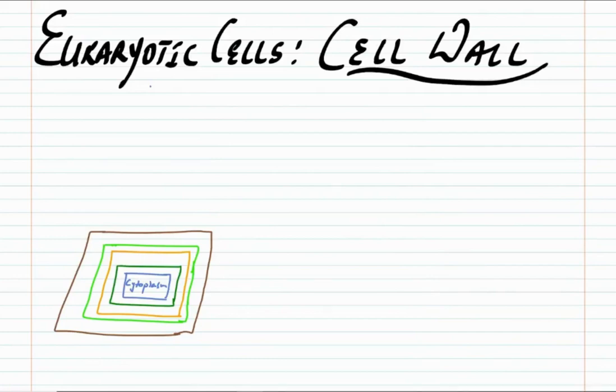In the previous video, we had discussed the basics of eukaryotic cells. In this video, we are going to discuss the cell wall. Cell wall is a non-living, rigid structure which is present outside the plasma membrane